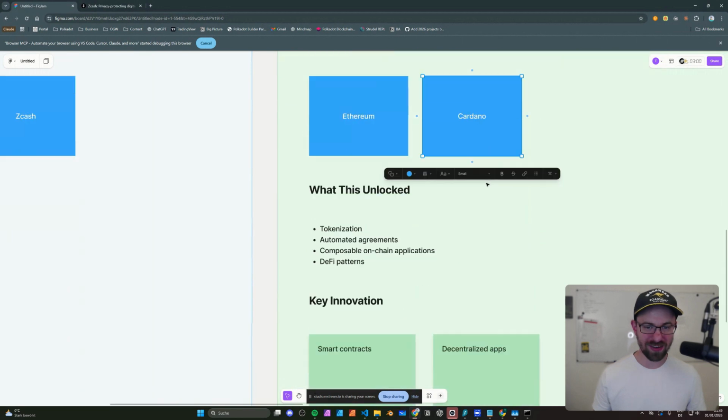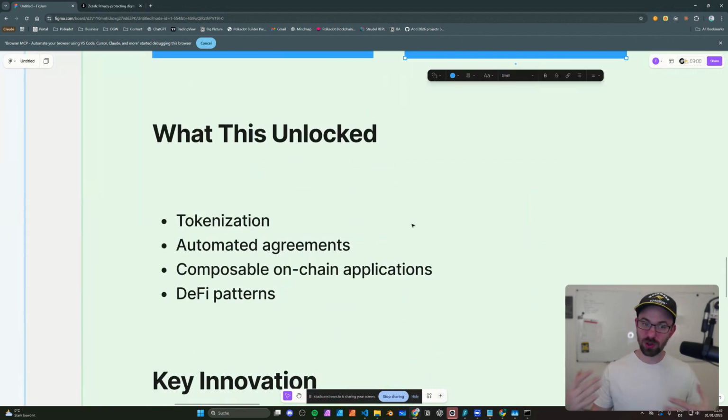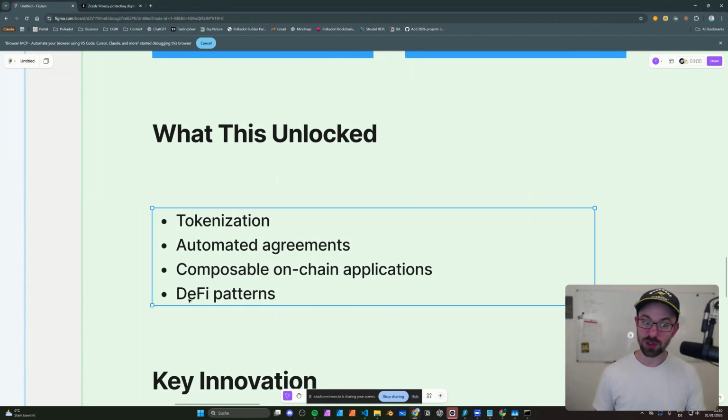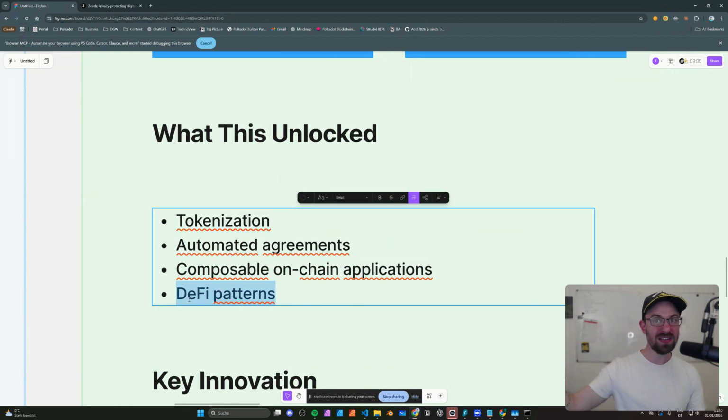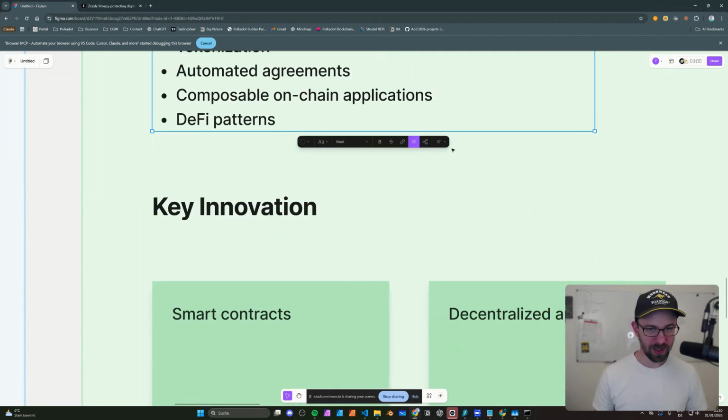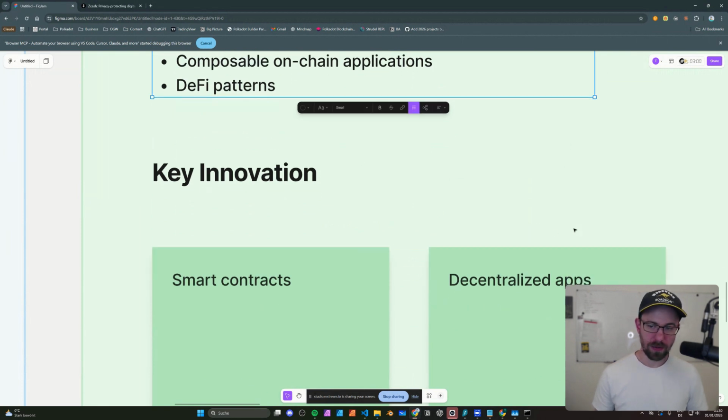And what we have unlocked with this category is tokenization, and smart contracts, so agreements. We can agree on certain things. Different users can agree in a way where it's solved by a computer that is on the web and is not controlled by a single entity. And it also paved the way for DeFi and, in general, all the decentralized applications that we're using today. Also the composability.